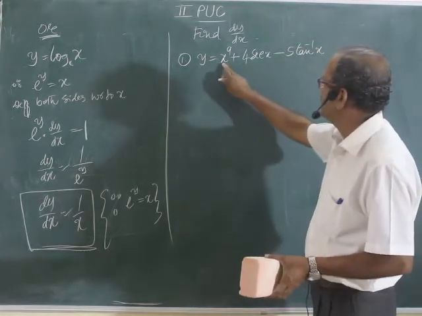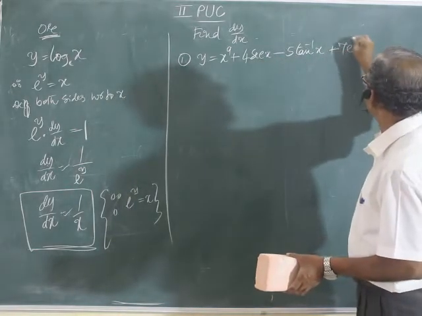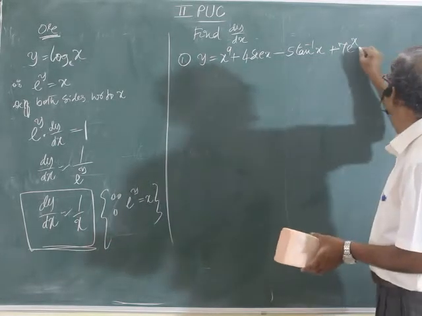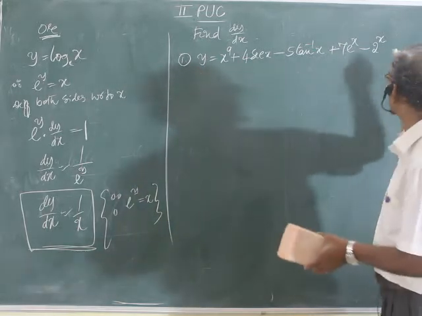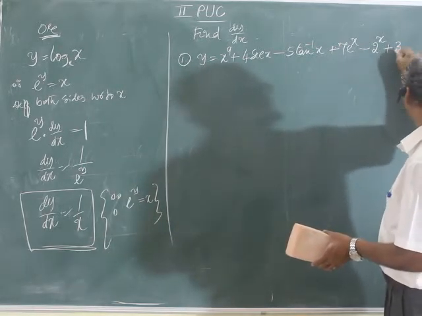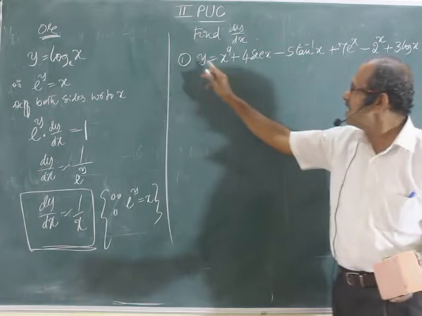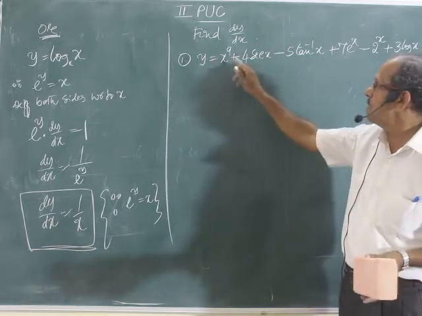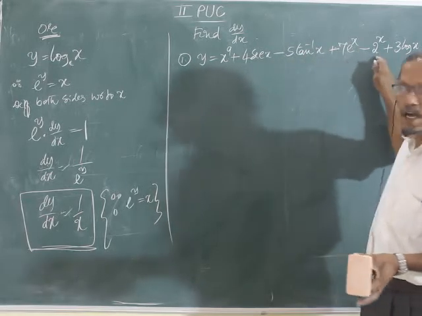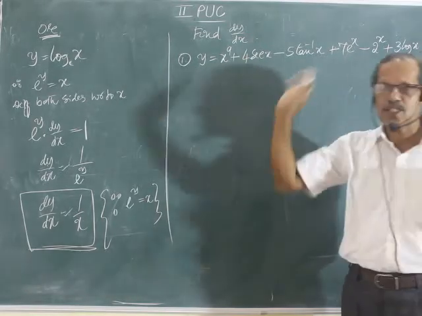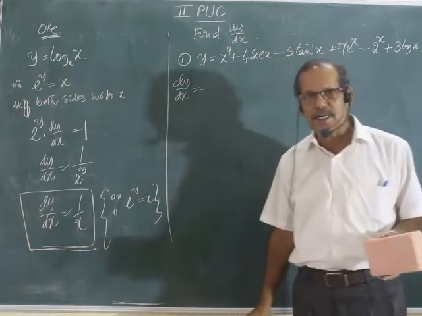See, x to the power n formula, trigonometry function, inverse function, 7 e to the power x, exponential function, minus 2 to the power x, a to the power x formula. Now log x, plus 3 log x, enough. All the formulas I have used in this one. Totally dy by dx, sum and difference, that's all. But remember, x to the power n formula, trigonometric, inverse function, exponential function, a to the power x formula, log x also included. Straight away let me write the derivative because now you know the method how to find.